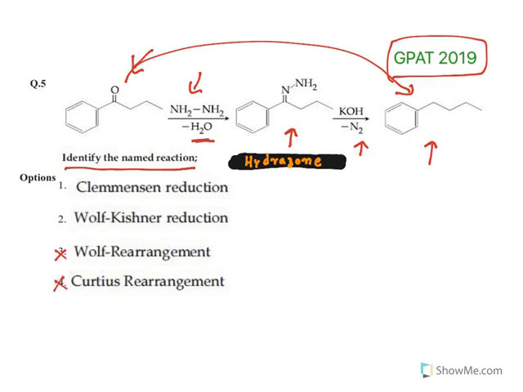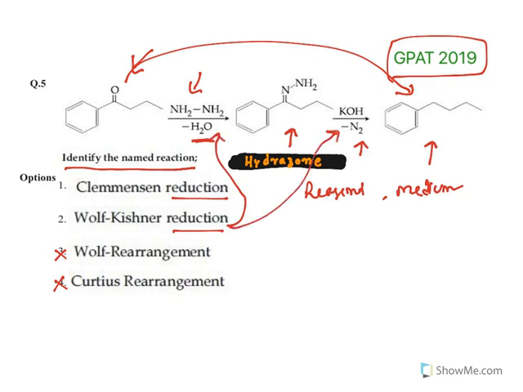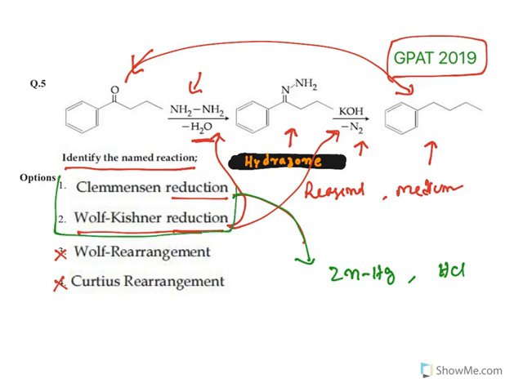So when you see this, you can guess this is reduction. So it is either Clemmensen's reduction or Wolff-Kishner reduction. Both of them will carry out the same reaction, but the difference comes with reagents and medium. Now, Wolff-Kishner is this one, hydrazine. What is the medium here? Base. See, this is repeatedly being tested. I'll give you the list of this particular reaction. Clemmensen's also does the same thing, but the only difference is it uses zinc amalgam as a reagent, and the medium is HCl or acid. So these two, Clemmensen's and Wolff-Kishner, are very important.